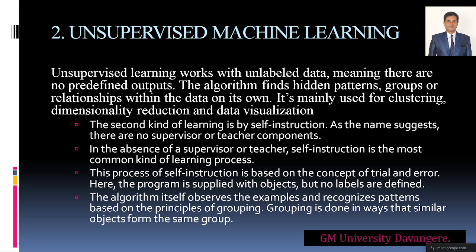So that I can ask any question, then only you can give the output for me, correct? So that is what the algorithm finds, the hidden patterns, right? For example, the textbooks which have not been referred to for the first time also, you have to refer those textbooks and try to learn on your own. Try to understand the patterns and the groups and relationships in the data on its own. You have to learn the patterns by yourself.